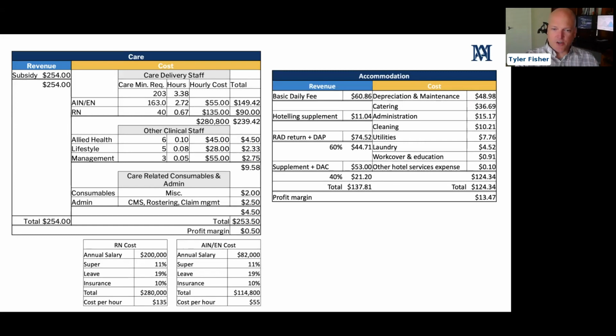right, that care cost center, so our AN-ACC subsidy, that is our revenue for the provision of care, and this gets a lot of attention, and probably rightfully so that this is our largest income and our largest expense, but they are directly linked. Higher subsidy levels will lead to higher care minute requirements and therefore expenditure. The margin available is fixed, and it's relatively small when we compare it to the actual